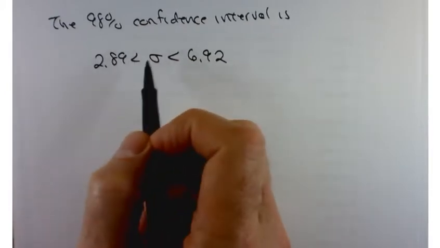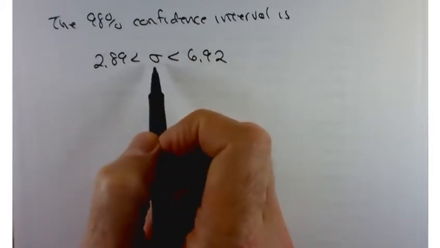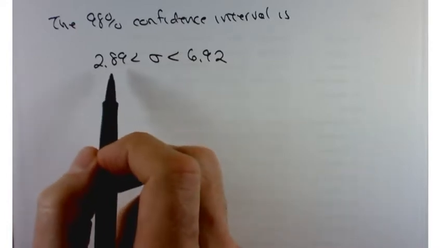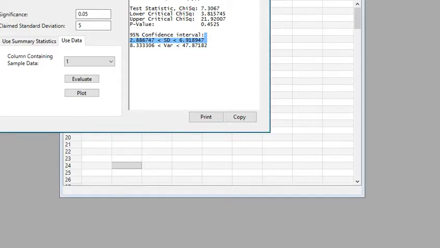In words, you could say we can be 98% confident that the true standard deviation of highway speeds is between 2.89 and 6.92 miles per hour. So, again, yes. I think it's 90. You know what? 98%. Let's just take a look back here. No, it's 95%. My bad. All right, so 95% confidence interval, which is good because we did a 5% significance level. All right. So